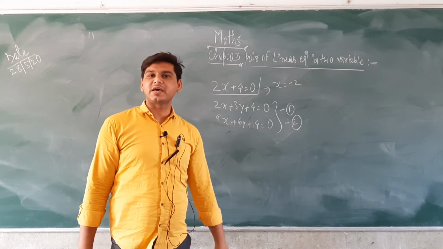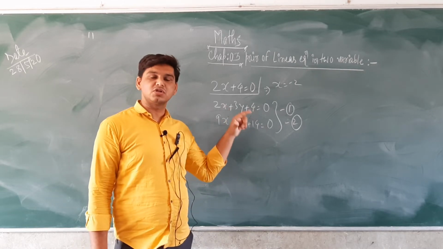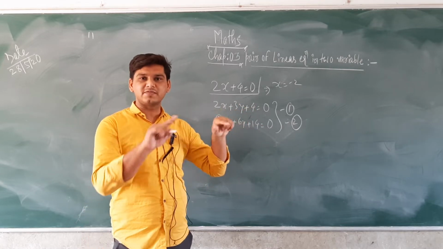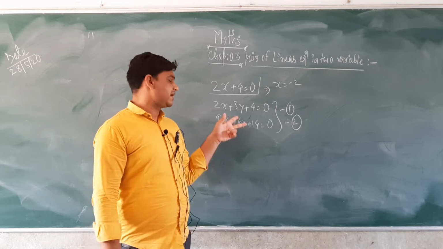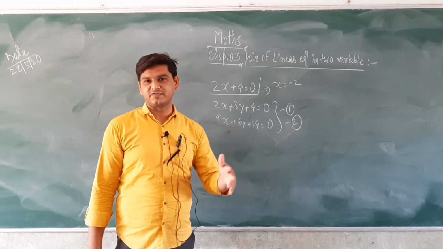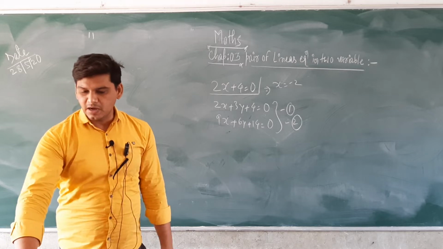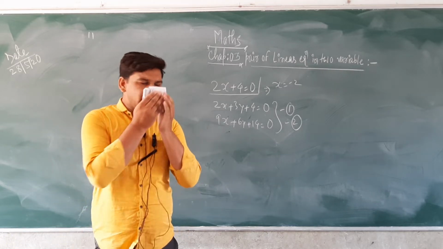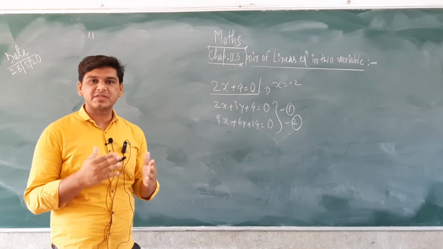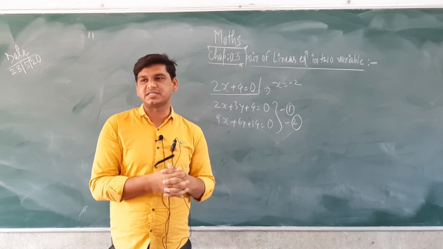But while solving a pair of linear equations in two variables, we have to use different methods. For a linear equation in two variables like 2x plus 3y plus 4, two variables are always represented by a graph. In 9th standard we already discussed linear equations and how to solve them using a graph.